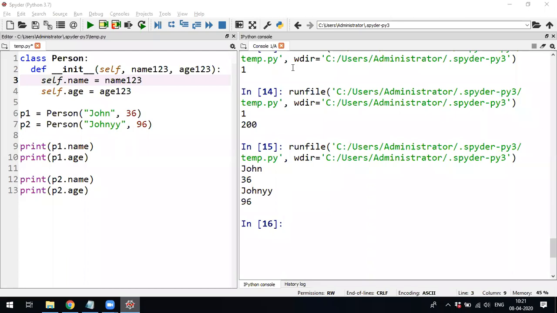Yes, Sri Lakshmi. Sir, can we overload the init function? For what reason are you going to overload? Suppose I don't want to initialize a person's name or age, it is not mandatory. Sir, it gave me an error when I don't pass the argument for a person.